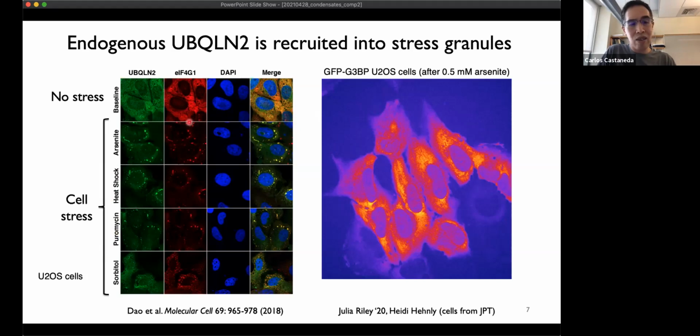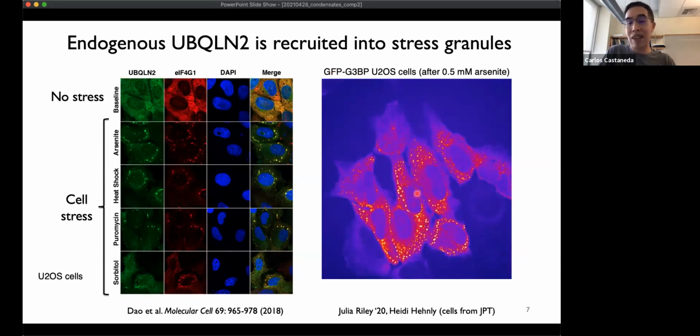But you can see that it coalesces nicely with the stress granule marker EIF4G1. My undergraduate, Jules Riley, who's currently at Penn right now, in collaboration with Heidi, we were able to image these cells. These are actually the G3BP line where the G3BP is fluorescently tagged with GFP. And I'm only showing this to illustrate how these stress granules have this very dynamic liquid-like behavior, very similar to what we see with the ubiquilin-2 condensates that we saw in vitro,